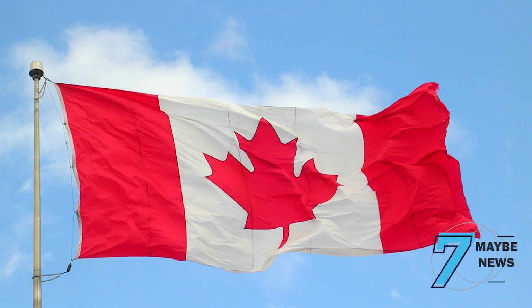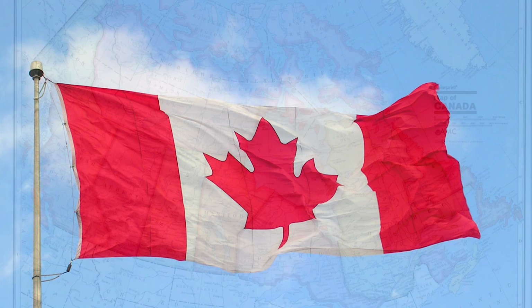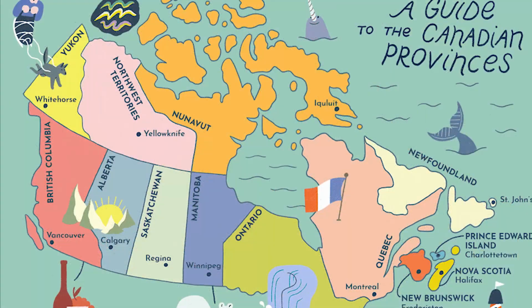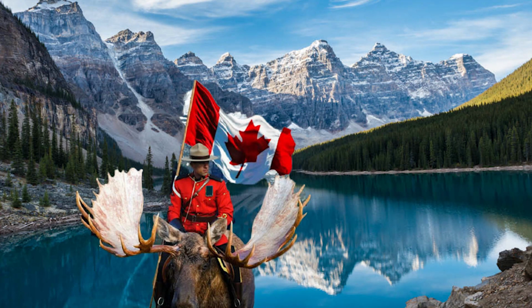7. Canada. During World War I, many battalions featured a maple leaf on their insignia. But it wasn't until 1964 when Prime Minister Lester Pearson formed a committee to have it formally included on the national flag. Pearson's original flag proposal showed three red maple leaves on a white field with narrow blue vertical stripes